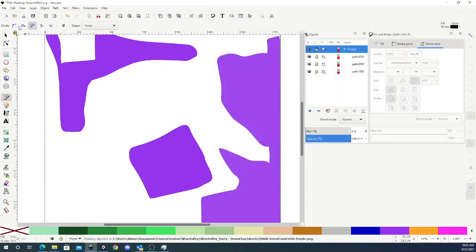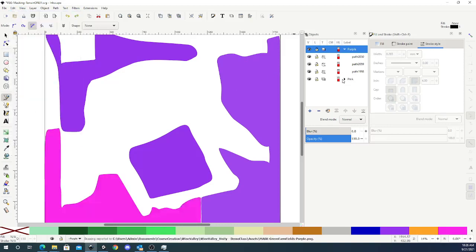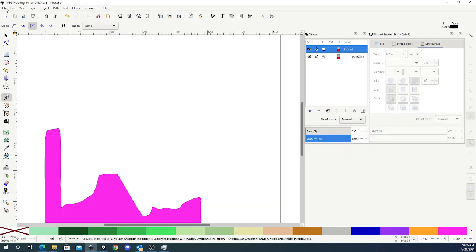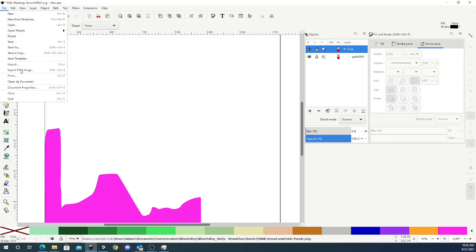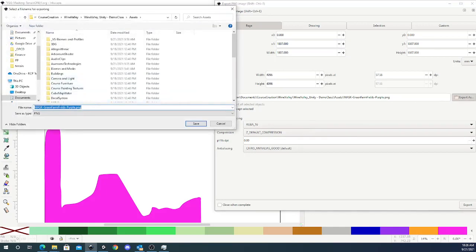Alright, one last thing, I'm going to edit, undo, delete. My pink is back, and I'm going to delete my purple. Now I will do file, export PNG, settings are all the same, 18, 18, boom, boom, boom. Export this as light green fields,